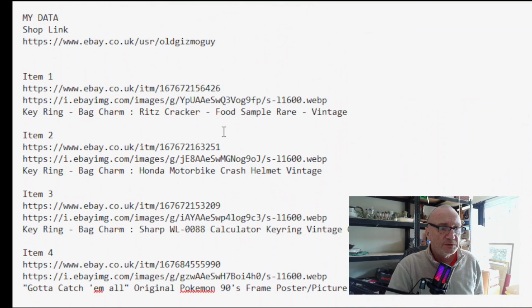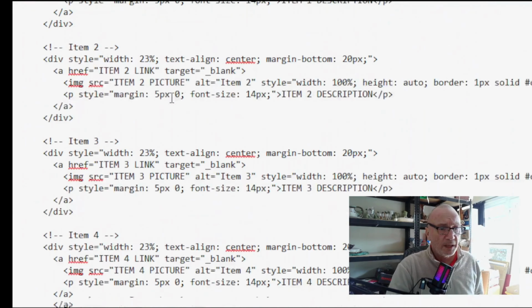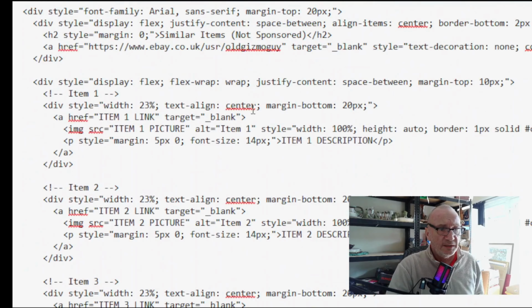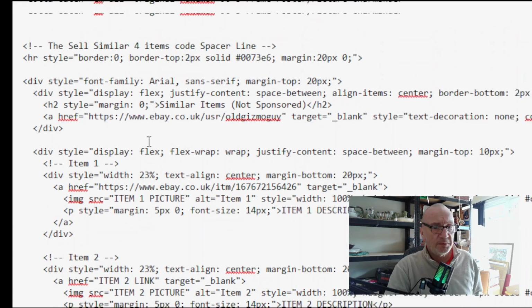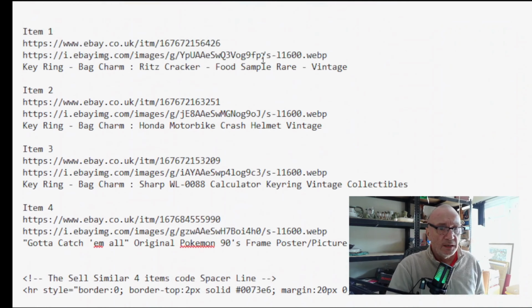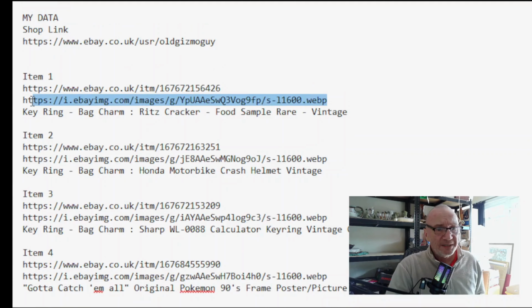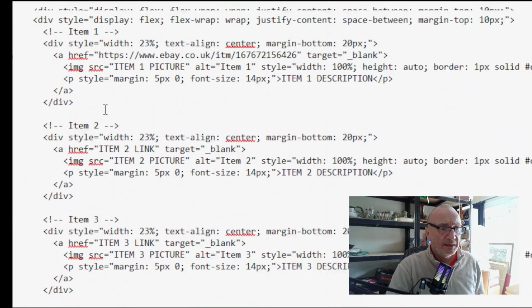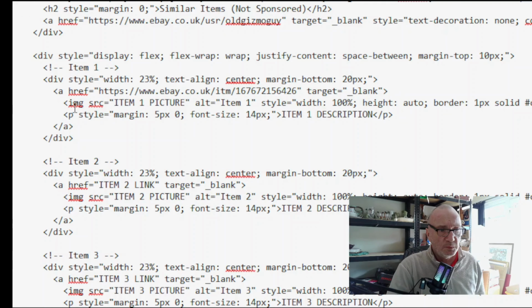I'm now going to do item 1. Highlight the link to the item, copy it, and you'll see within the code in the text box, item 1 link, and replace that. We're then going to put the picture. This is the picture for item 1. I'm going to take it from there, and we are going to put it where it says image source equals. This must go inside the quotes